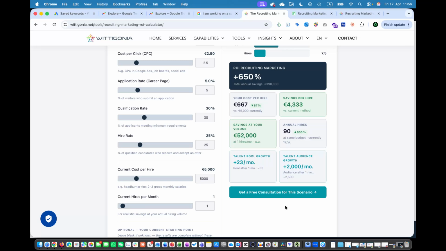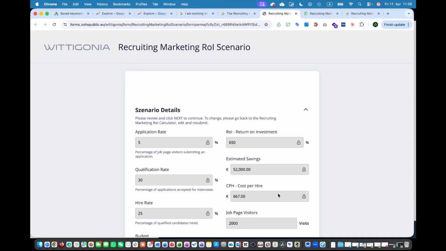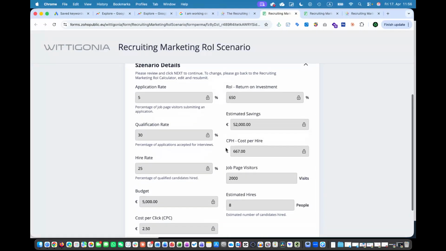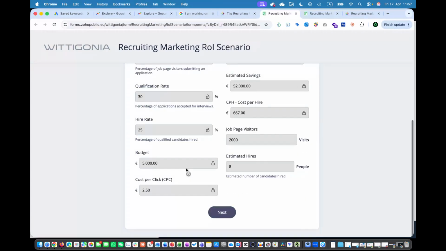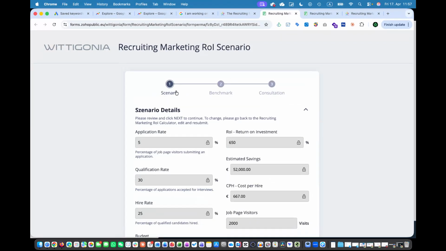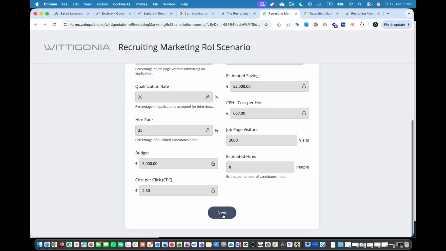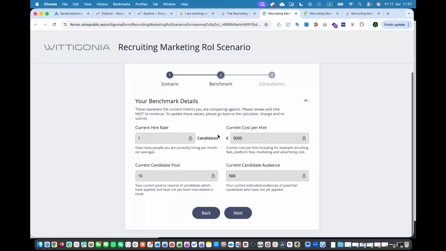Now, the interesting thing here, there's this magic button down here. If you click that button, it will take the data and pre-populate a form for you, so you don't have to copy-paste everything. It's very easy. And the form is going through 3 steps. First, the scenario data for you to check. Then the next step is the benchmark data. And if you're fine with that, you basically submit it,